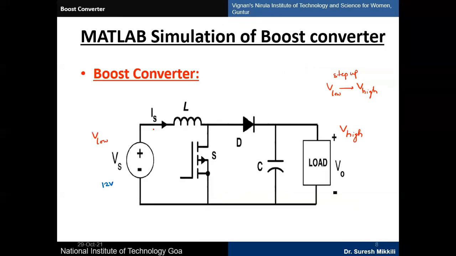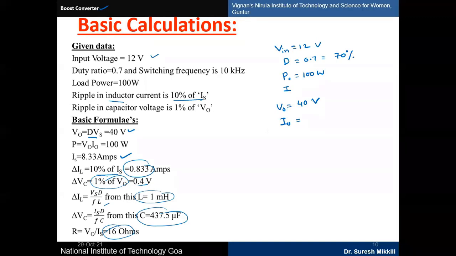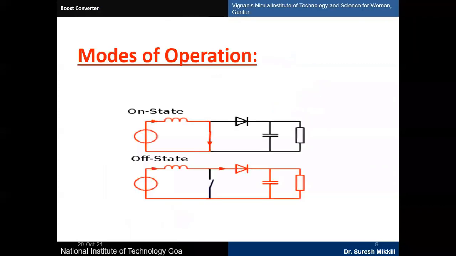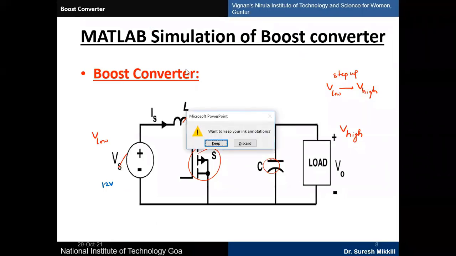So in the boost converter, if you see the source voltage, inductor, and this switch, we have a capacitor and load. Here we have designed how many pulses are required. Based on the output voltages and the duty ratios, we selected the pulses given here. The pulse values are fixed values we have given here.